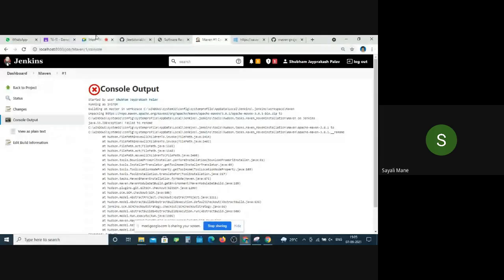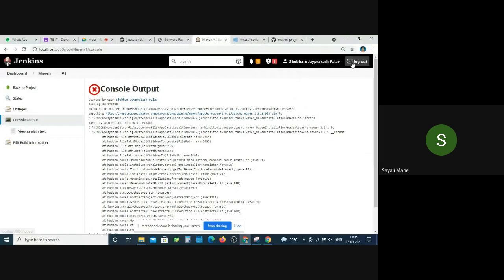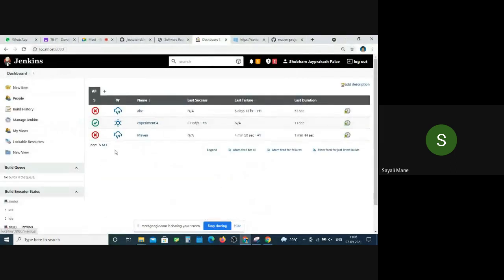Shubham, can you share your screen? I'll stop sharing mine. Okay, it is visible. Do one thing, go to the dashboard. Manage Jenkins.